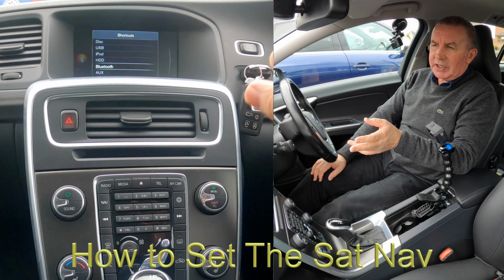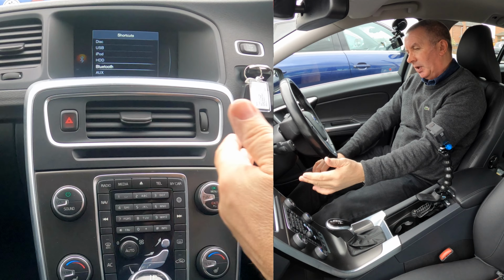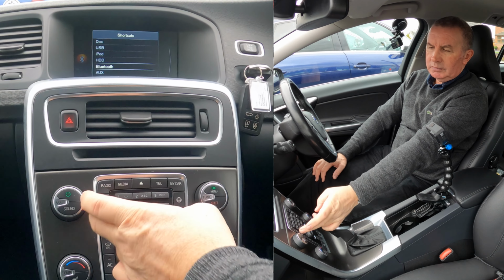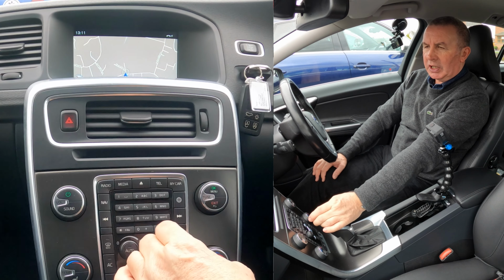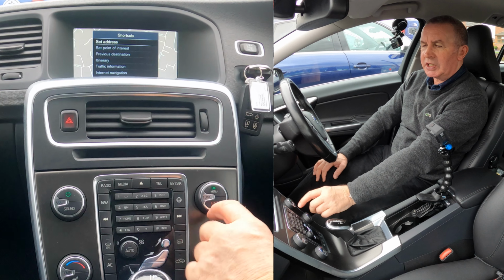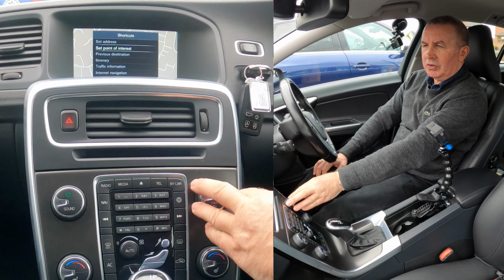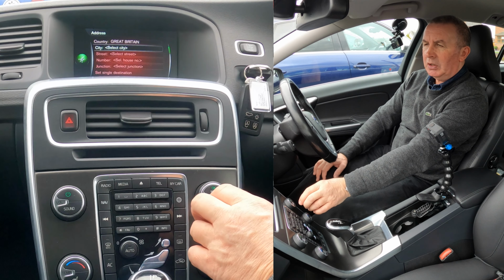Okay, I'll just show you how to set the sat nav in this 2014 Volvo V60. From any screen, click on nav there, up it comes. If we click nav again, that brings up the new menu and we want to set address. To set the address, you navigate to the one you want, click OK, and then